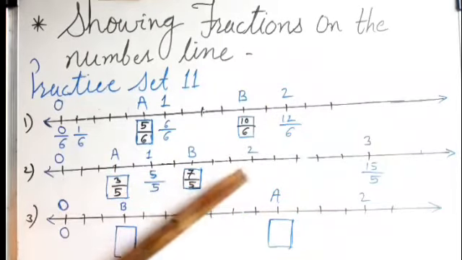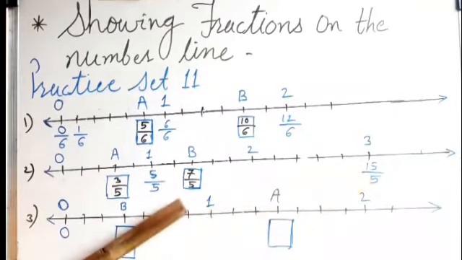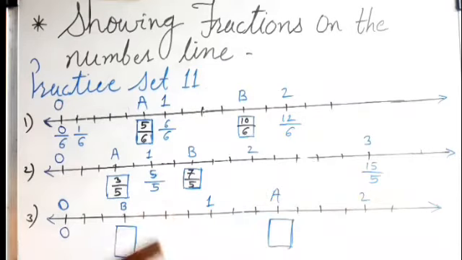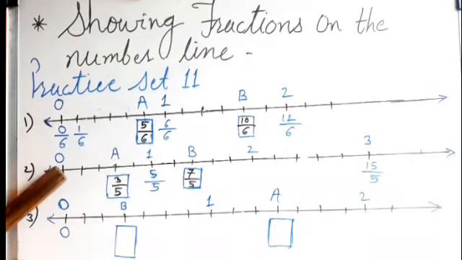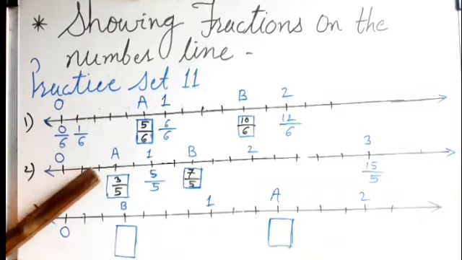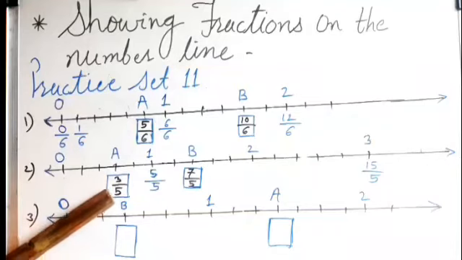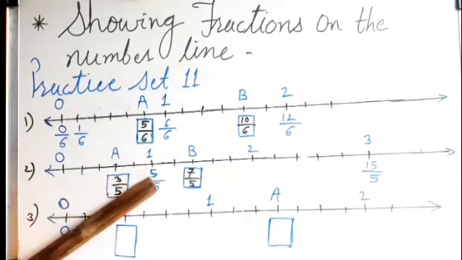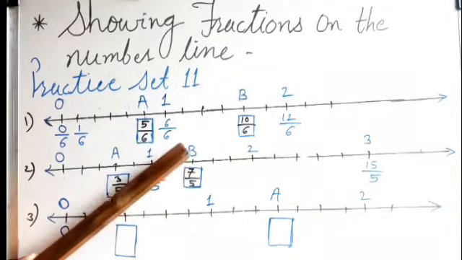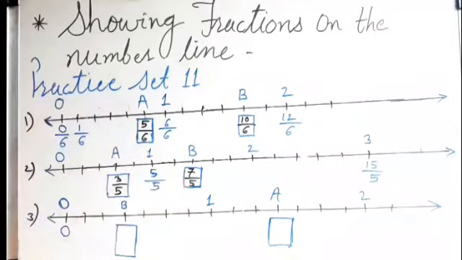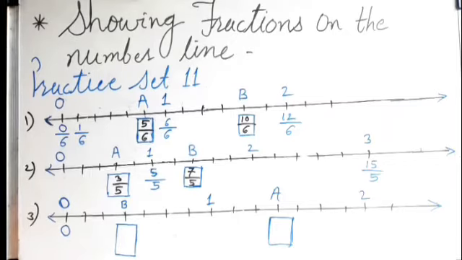If you go on continuing counting, then whichever fractions are given till there, our answer must come the same. Means I have started from 0. 0 upon 5, 1 upon 5, 2 upon 5, 3 upon 5. So here A point shows 3 upon 5 fraction, 4 upon 5, 5 upon 5, 6 upon 5, 7 upon 5. B shows 7 upon 5 fraction. Okay. So only concentrate on the denominators and go on increasing the numerators.